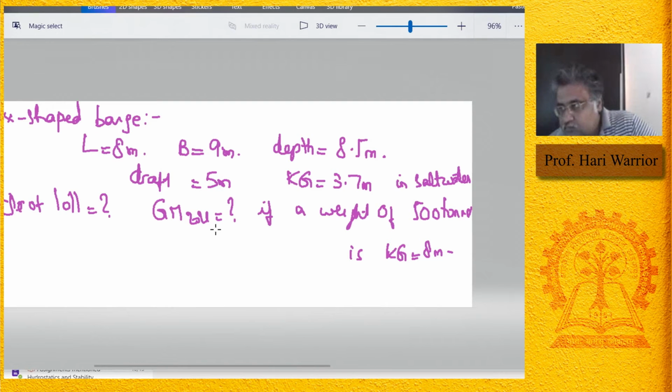So KM is 4.027. Correct. KM is 4.027 meter, correct. And KG you have, so what is your GM? Minus 0.185. Exactly. That becomes your GM. So as you can see, this is G0M. So the ship has in its upright condition a negative GM. So obviously it is this curve, I mean, the curve which we draw usually for an angle of loll.